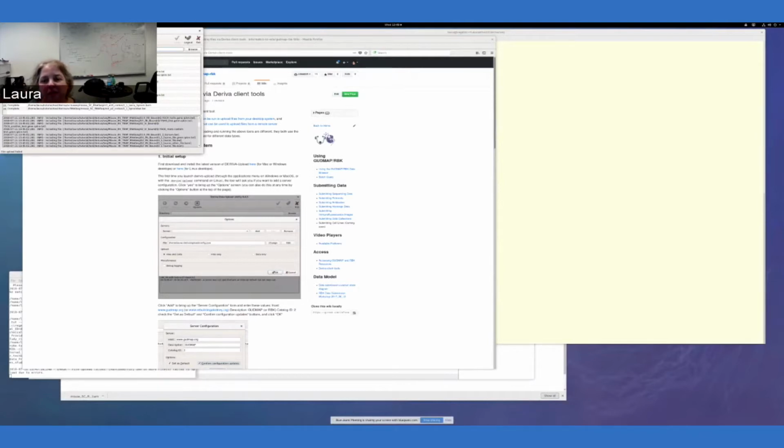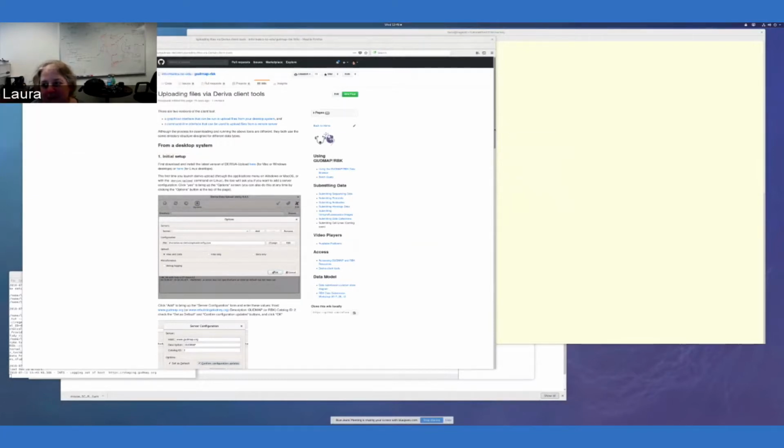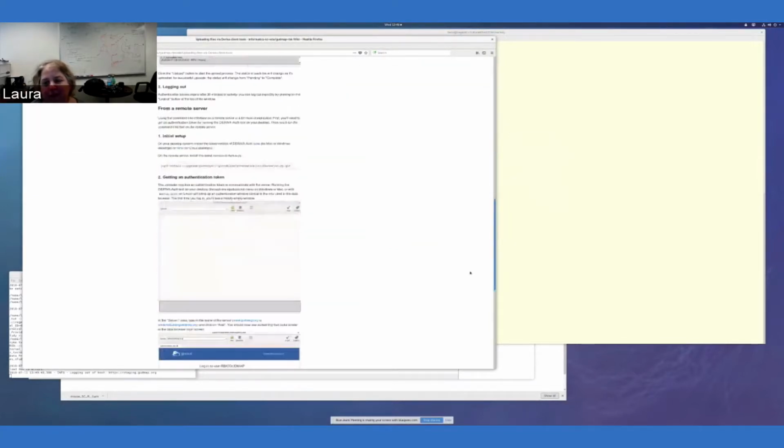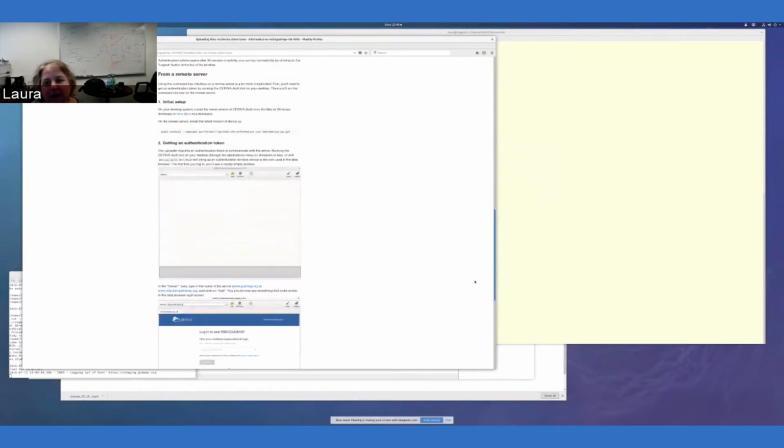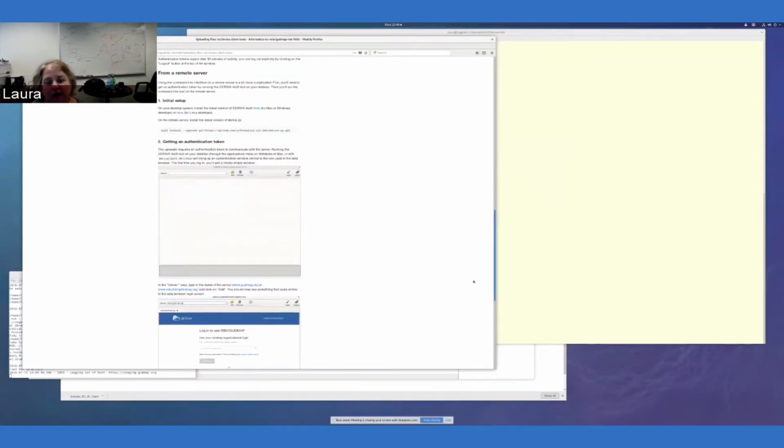Okay, so I'm going to exit this. Okay, so then the next thing to do is, and that's what you do if all of your files are on your local system, but sometimes they're not. If you have a server where all of the files have been generated or processed or whatever, you have 2 options. I mean, one is you could download all the files to your local system and then run the graphical interface, but the other is that you can run